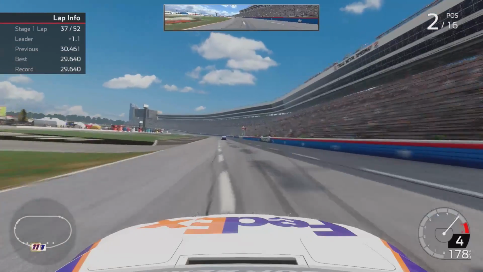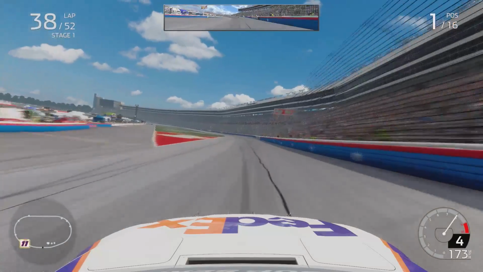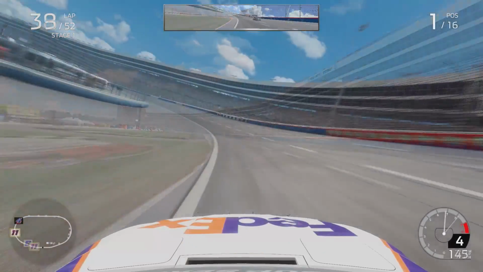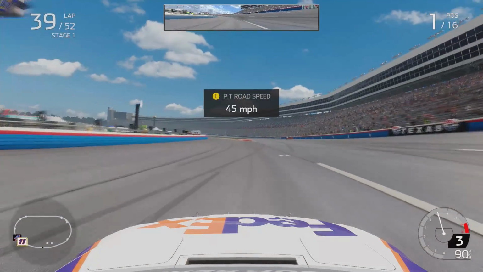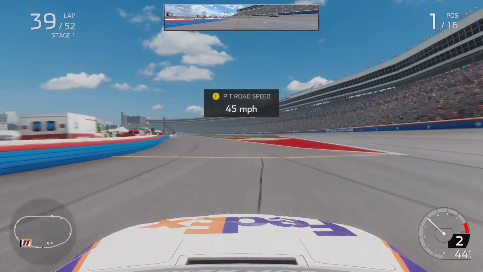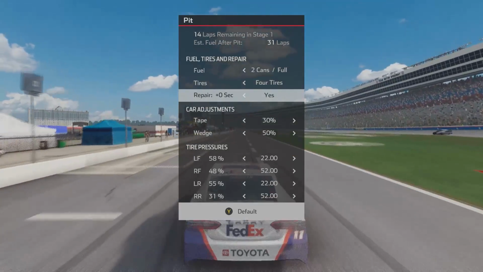A bunch of other drivers were starting to come through and do their pit cycle. So Andrew comes in on lap 38. I stay out another lap here, and on the end of lap 39, I do finally come in to make a pit stop. As we come out of turns 4, coming into the pit lane, 45 miles per hour. I was a little bit conservative going into there, but I didn't really want to risk anything